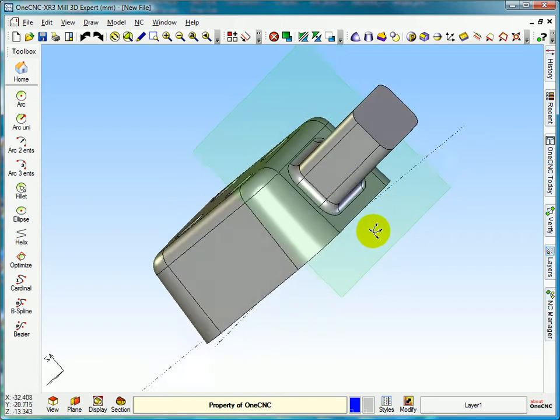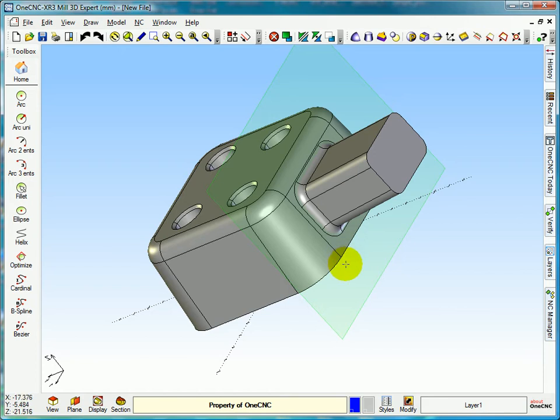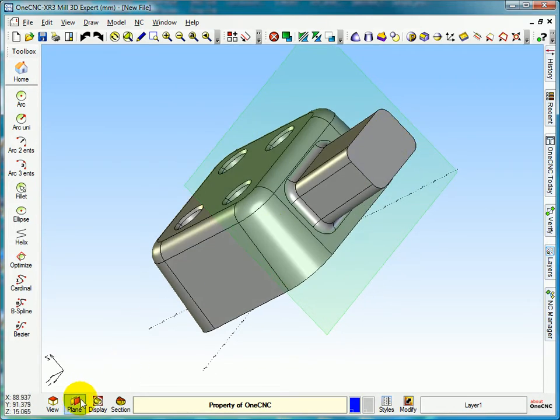Okay, continuing on with this video, you can see that we had this plane on here, the last one, and what I want to do is put myself a pocket in there and leave a wall thickness of 2 mm all the way around. So what we're going to do now is go into plane,